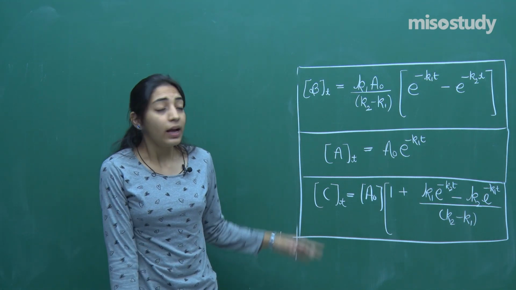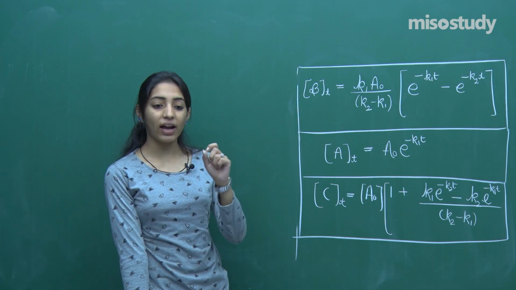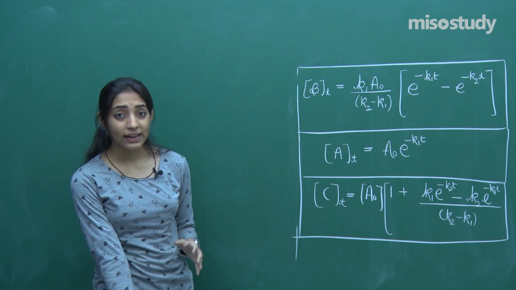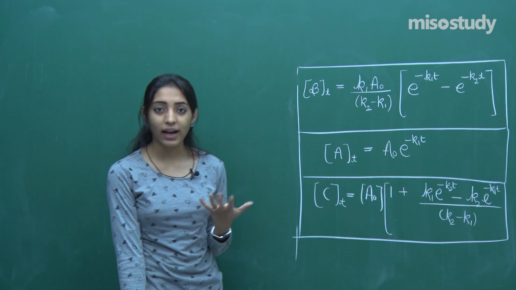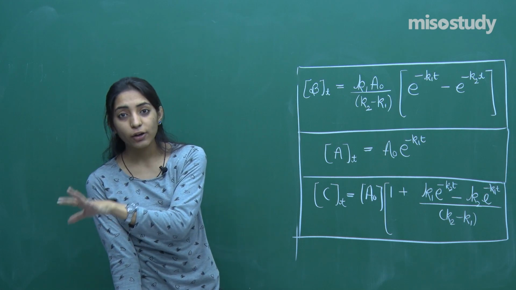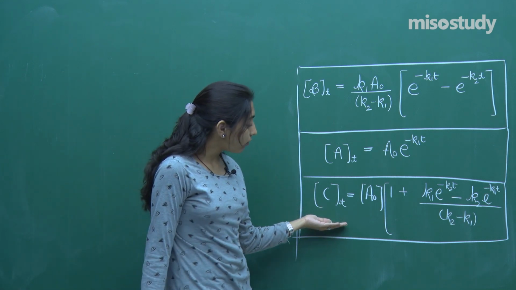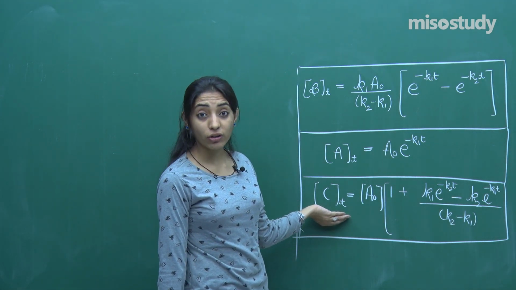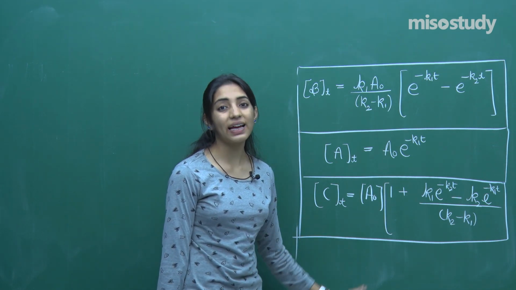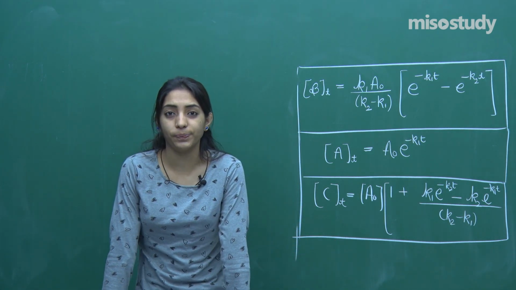any time t. Now once this is also done, rather than solving the differential for C again, like rather than solving dC by dt equal to K2 into B, I didn't go to that, rather I approached it in a different manner. I said that the total A naught is equal to AT plus BT plus CT. AT I know, BT I know, CT I don't know, but A naught I know. So on substituting all the values and solving them further, we finally got the value of concentration of C at time t. Okay. So these were the three main values that we aimed to derive in today's class, and I think we have accomplished the task also.